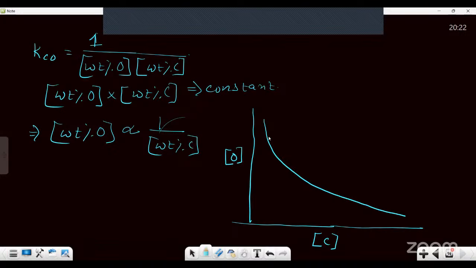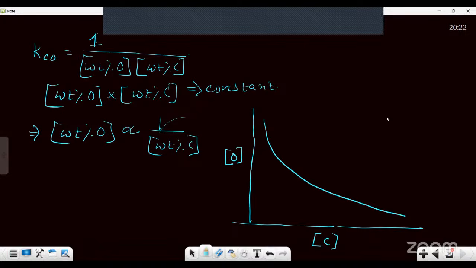Okay? This is going to be a hyperbolic curve. What this hyperbolic relation is actually giving you, what does it mean? It means that when you are increasing the oxygen blowing,